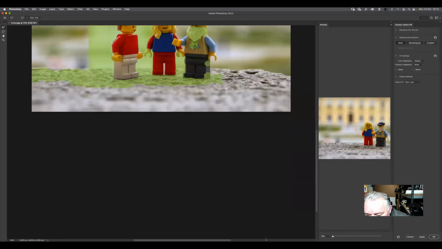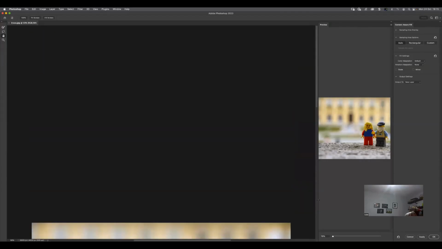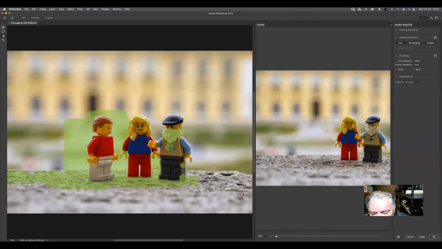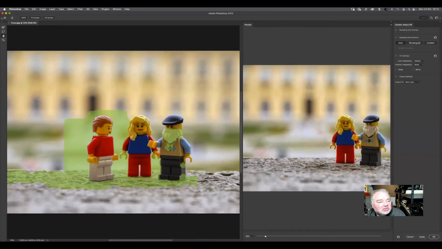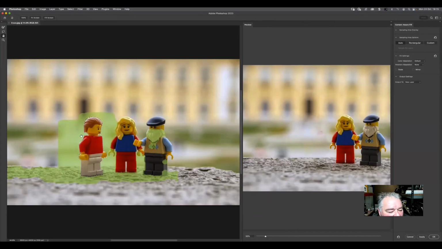Set my mouse. Should now be able to, there we go, trying to get in the right spot to, okay, so it's now,